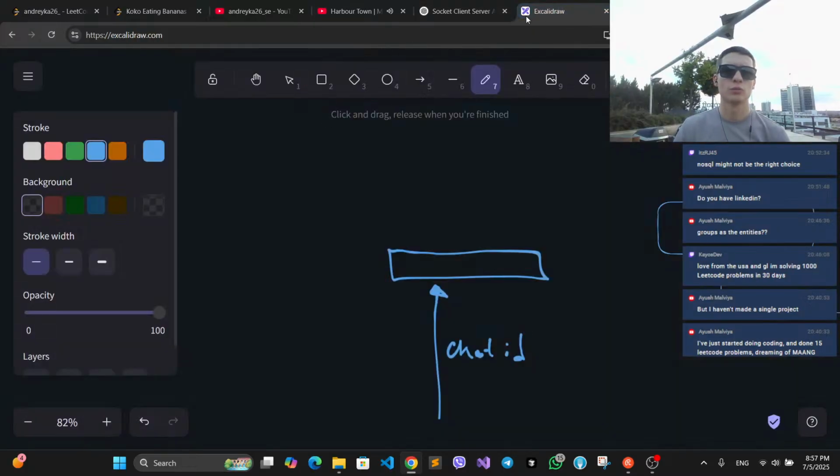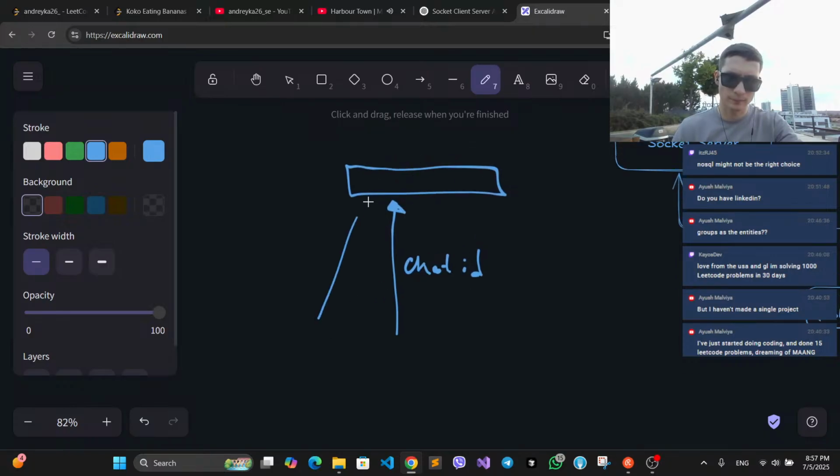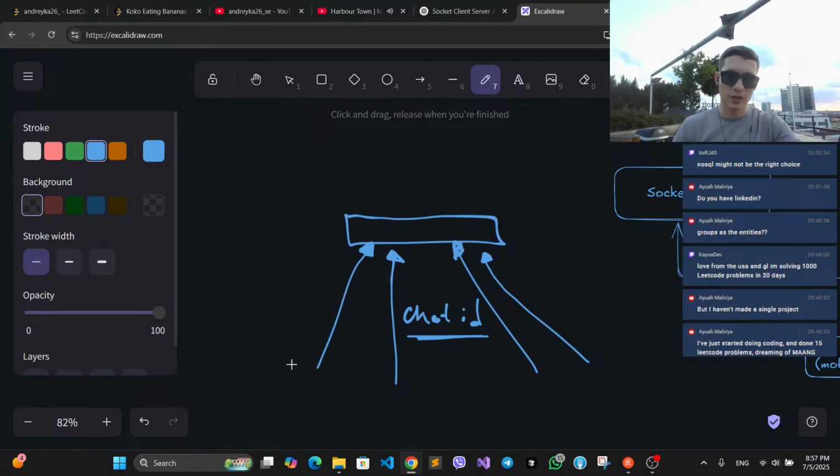Okay, so I would assume for now, we can actually implement it later on to see, but I would assume that somehow we can even have a mapping of the chat ID and the server address where the socket server is hosting the chat, basically. So different clients would connect to the same socket with the same chat ID. And then once one client sends the message,